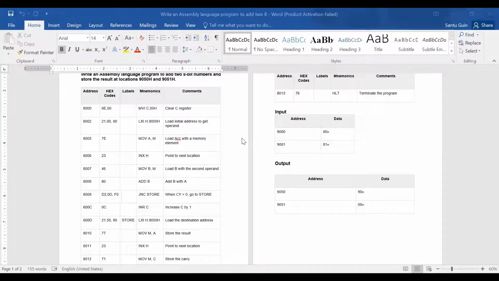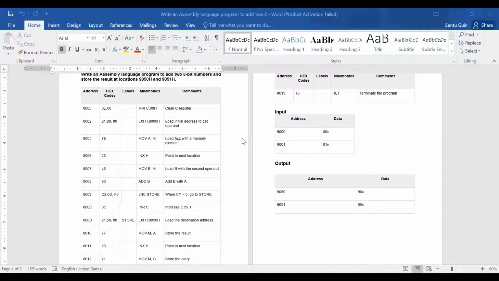Okay, so this is an assembly language program for addition of 2 8-bit numbers. Last day we already performed the basic addition method: you have 2 numbers, you add them and store the result in some memory location. In that program we did not consider the carry. We used 2 small numbers so that no carry would be generated, so that you could store the accumulator content into some specified memory location.